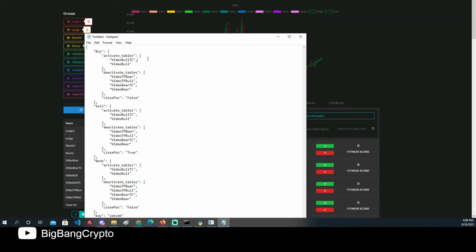So we have our buy, and if we're in a long position, then we activate video bull trend change, video bull, and we deactivate TP, TP bull and bear, trend change and bear, right? We don't close any long position. But if we're in a sell, we're still going to activate these two. We're still going to deactivate these two, but we're going to close our position as well. If we have no position, we're still going to activate these two. We're still going to deactivate these two, and there is no need to close our position, and then you get your license key, right? Okay, so that's our first bull trend change. So we're going to type here,